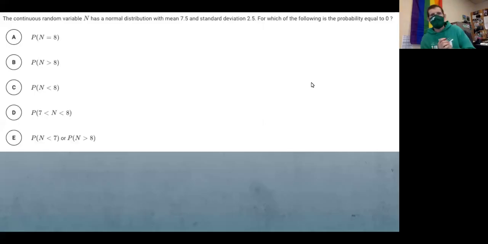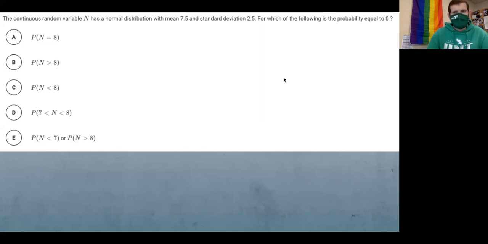All right, so this is a very simple question, but not simple if you don't know. If you don't know the answer, of course, it's not simple. But I'm not sure that we really talked about this in great detail. So this was part of your review, so hopefully you took the time to figure it out. But anyways, the one thing that's important to understand is that when you are dealing with